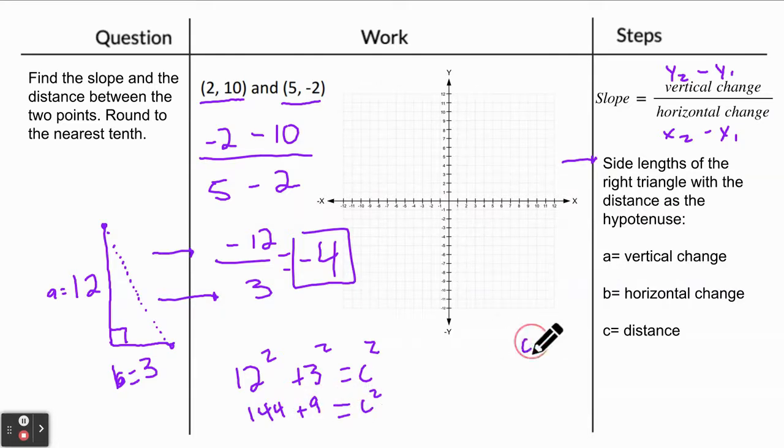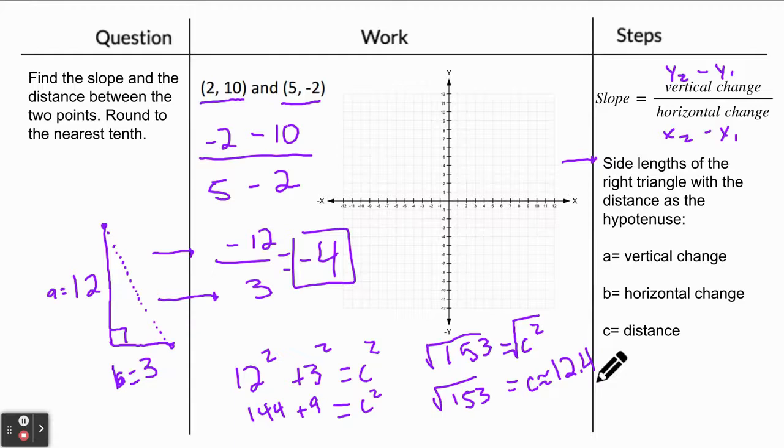I'm moving this over to the right because I'm running out of room here. We have C squared equals 144 plus 9, which is 153. But we're not looking for C squared, we're looking for C. To get rid of this square, the inverse operation is a square root. These two cancel each other out, leaving me with C. But I have to do the same thing to both sides, which gives me the square root of 153. Normally you could leave it like that, or you can round it to the nearest tenth, which would give us about